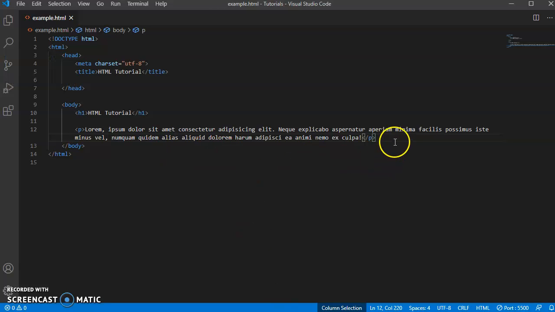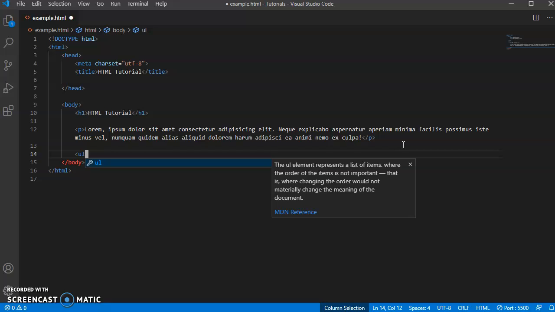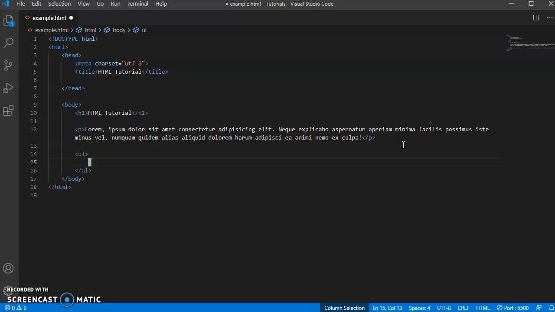And then another element that we can have are the lists. So there are three types of lists. So the first one is an ordered list, like that. So you start with the UL, an order list, and then within the opening and closing tags, you have list item, LI. Okay, so I can have maybe animals,